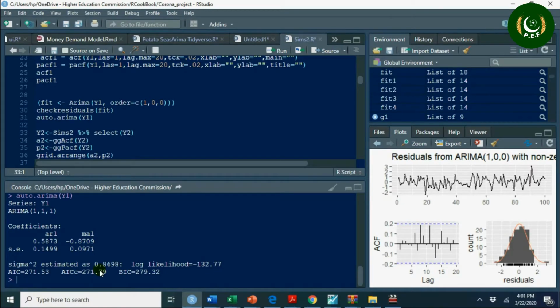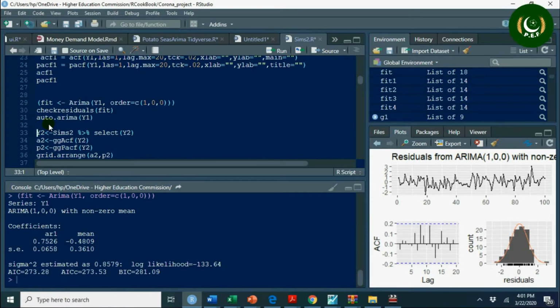So now you can compare which model is the good one; both may be good, but which model is preferable. You can compare AIC, BIC values here. Let's run this again. So in this case you have 273 and in the previous case it was 271. So maybe the ARMA11 model is the better one anyhow.